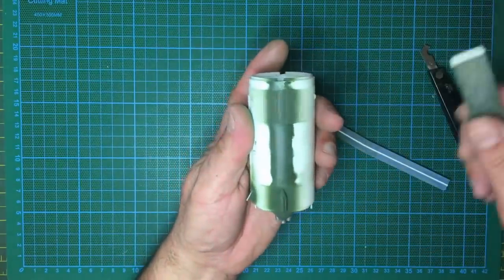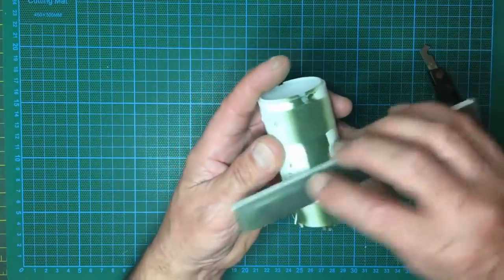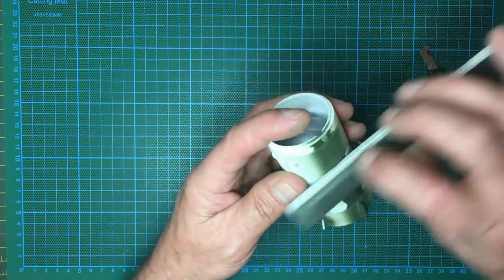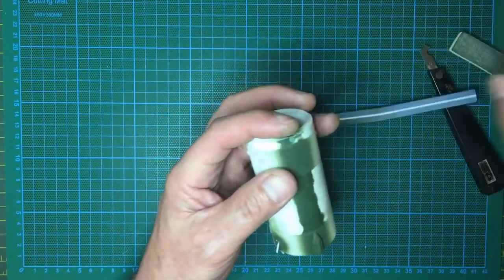And then you can see here I've polished this and I've got no areas that are showing any problems there at all. I've got an area there which I need to